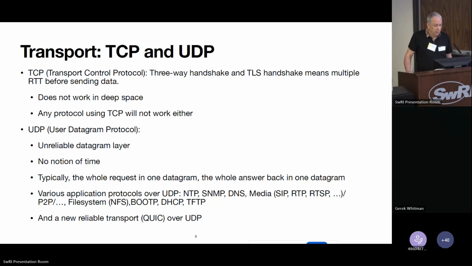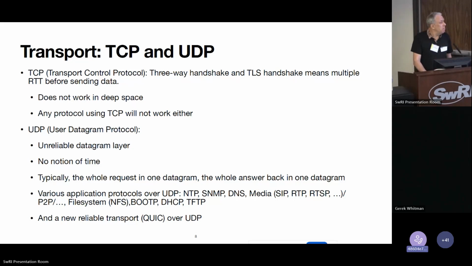Transport: TCP doesn't work, way too chatty, doesn't work in deep space. That's one of the key reasons why the whole IP stack was put aside 20 years ago. TLS really won't work in deep space, nor any other protocol using TCP over it. UDP is unreliable, no notion of time. So UDP works just fine in deep space. So granted, you already have those kinds of NTP, SNMP, media, RTP that work fine over UDP,